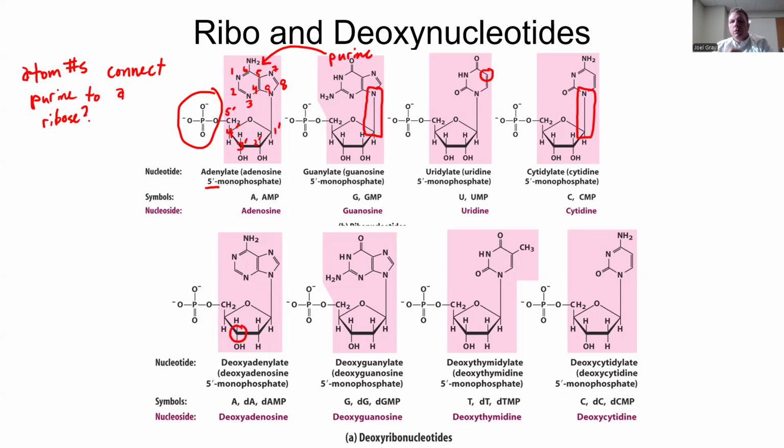So it's important to keep those numbers different and understand those numbers, because that's a convention of describing these molecules. Now, the last thing that I want to bring to your attention on this slide is at the bottom here. These are deoxynucleotides. So we have to remember that lowercase d in front of whatever we're talking about. It's deoxyadenosine monophosphate. That is a part of a DNA molecule, whereas adenosine monophosphate is part of an RNA molecule. So that's an important distinction between these two molecules.